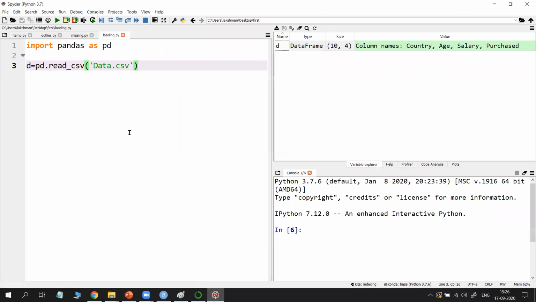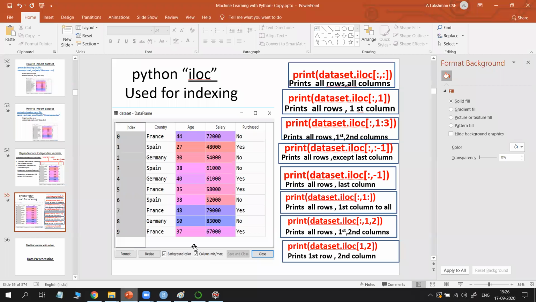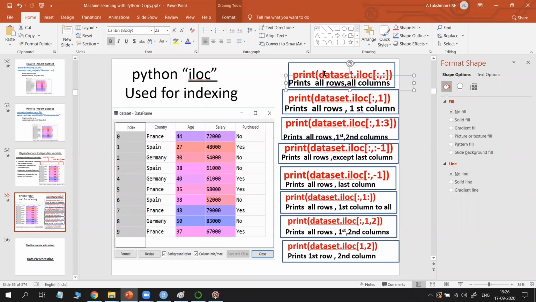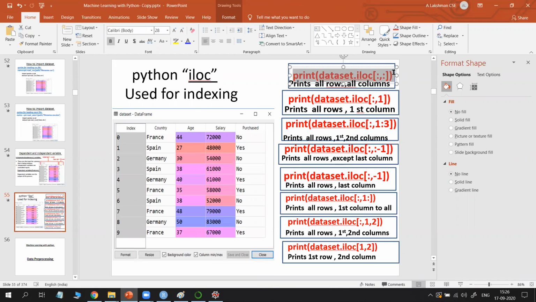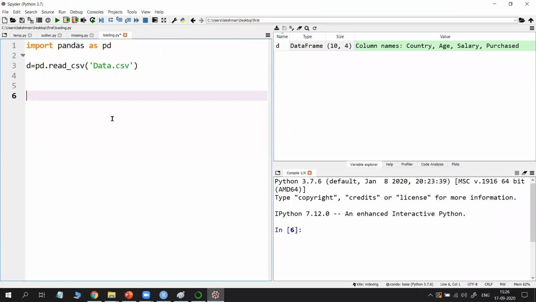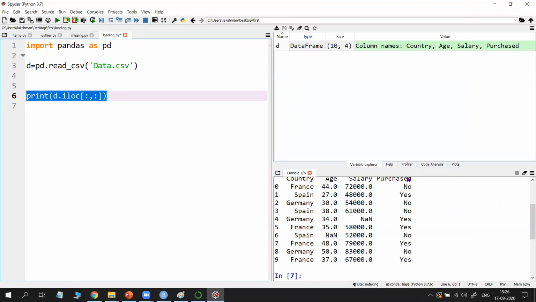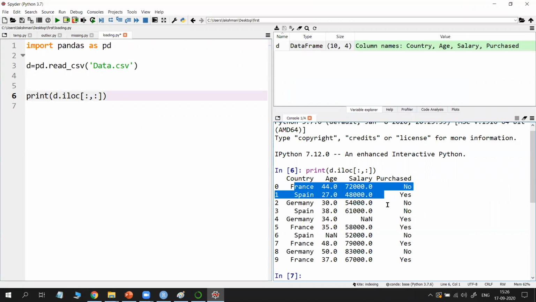Okay, we already downloaded our data set. So now, see what the name is here in the place of dataset. We need to use data, because I am using the variable name data here. So in the place of dataset, I am using data. Just run it with F9. See the output here. So all rows, all columns are printed.